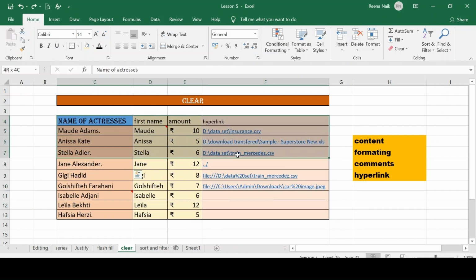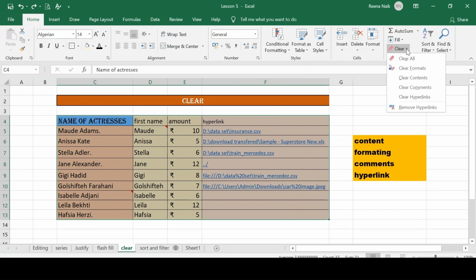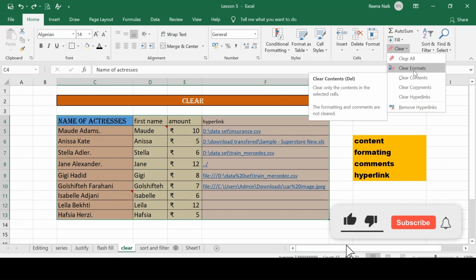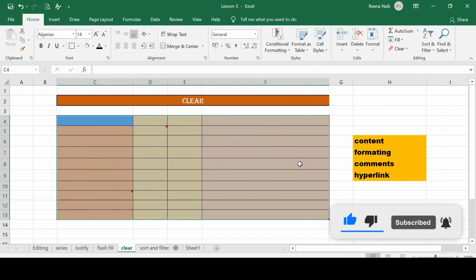The next is removing only the content, keeping the formatting and other things as they are. Just click on Clear Contents, our content is gone. See, only the formatting is left.